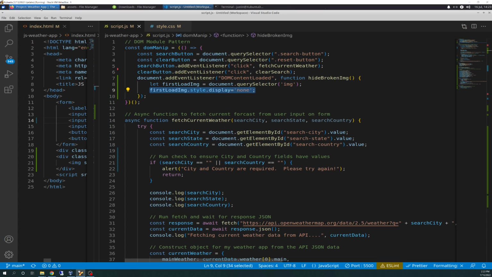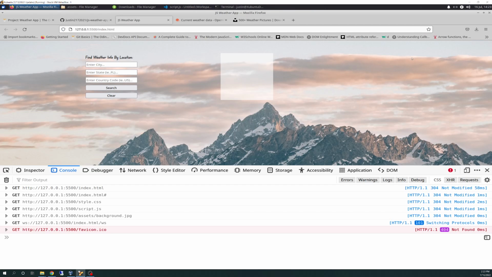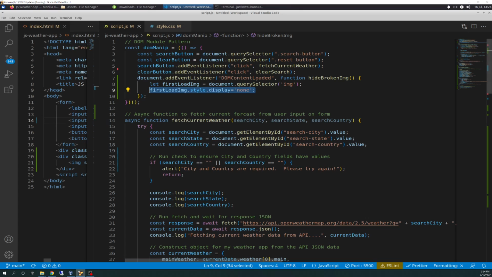To give you a sneak peek, in the weather app there's a lot of cool stuff I've done. There is a section right here that loads the Giphy, basically right where my mouse is circling, if you can see it. Well, when I load the page for the first time without that code, because we've not run a search yet, naturally there is a broken image here because that's where the Giphy goes. But since there hasn't been a query done and there hasn't been a fetch against the Giphy API, there's nothing there to show. So through a little bit of Googling and Kung Fu, I came up with this DOM content loader,